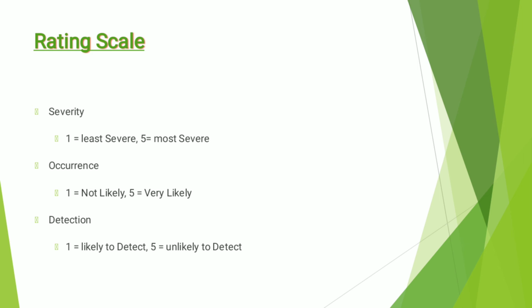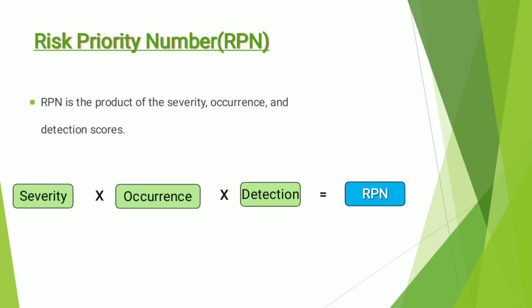Now the final step is to calculate the risk priority number, called RPN, for each failure mode by multiplying the 3 scores obtained from severity, occurrence and detection. Please remember, the higher the RPN, the more the risk. Also remember, after implementing the measures to prevent or reduce the risk, you recalculate the RPN. Severity will never change. The only change you make is in the rating for occurrence or detection.